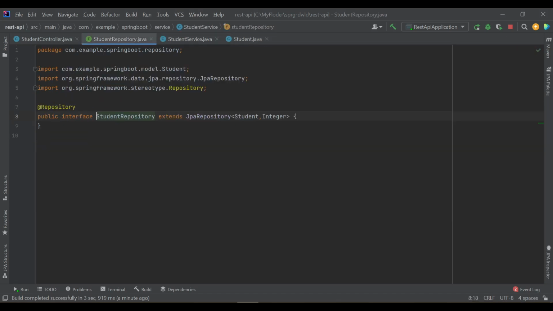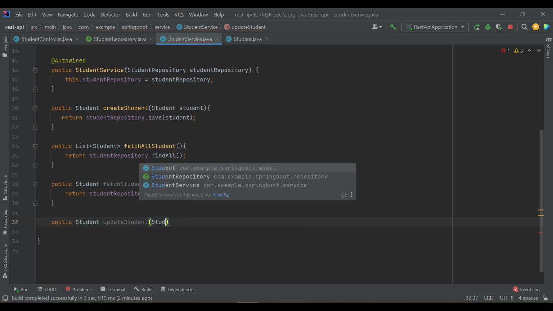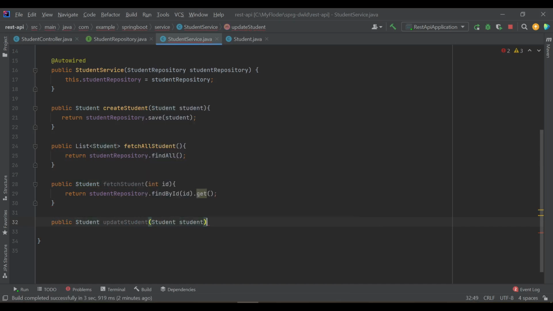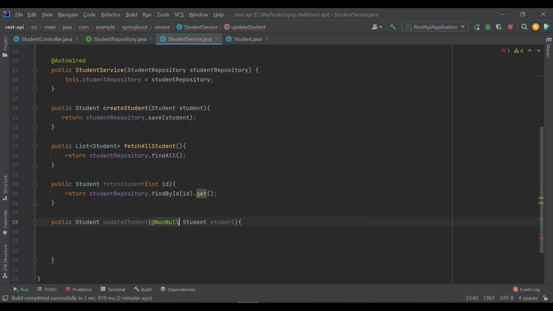Let's see how you can do that. We go to this service. Now let's implement the update method. So public student update student, and I require here student, and I don't want it to be null, so I will use a none, not null, I guess.